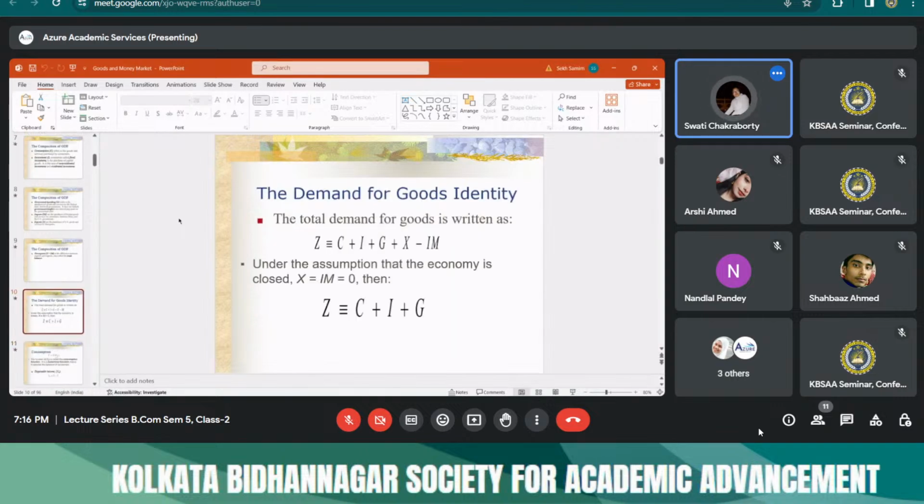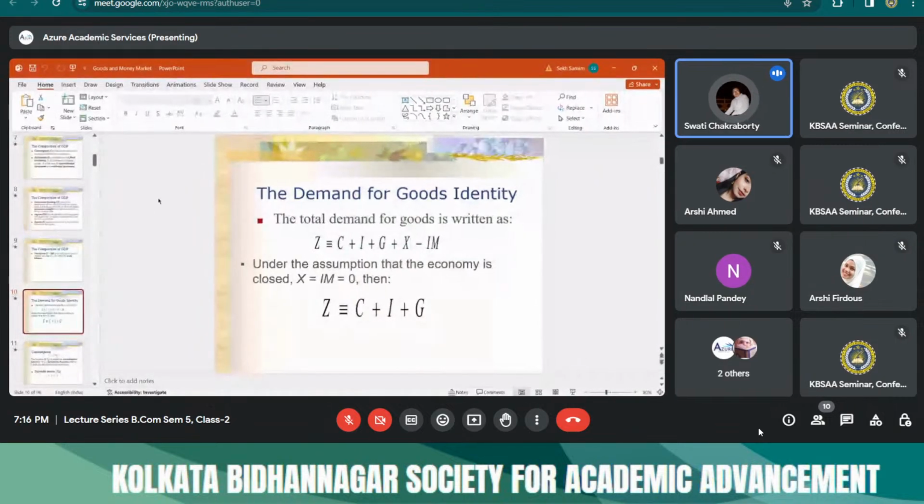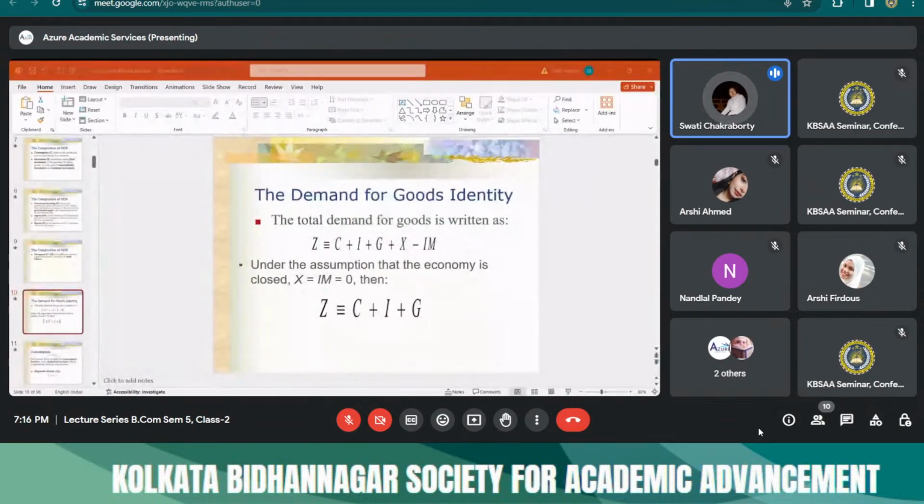Okay. So now, if you look into the equation, demand for goods is denoted by Z, which is equal to C plus I plus G plus X minus IM. Since Keynesian economists assume that it's a closed economy, net exports is zero, that is, X minus IM is zero. So under Keynesian economics, the total demand Z is equal to C plus I plus